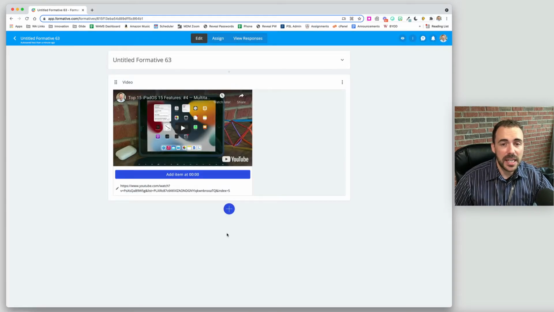So if I select a YouTube video here, I can just paste in a YouTube video and hit add video. Okay, and you'll see immediately after adding a video that you now have this ability to add items at specific times in the video, similar to Edpuzzle. Now, this is not as sophisticated as Edpuzzle, and you can't save these necessarily moving forward. So if you wanted to reuse this question, let's say in a later Formative for a different year, you'll have to just know which Formative this video belongs to and then pull it from your library next year. We can't save these externally, let's say, but this is kind of nice as an alternative to Edpuzzle